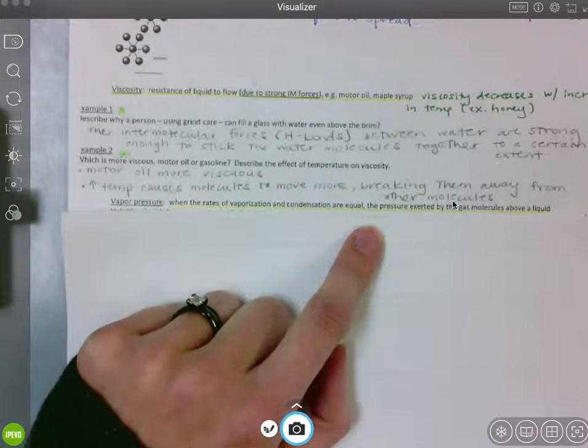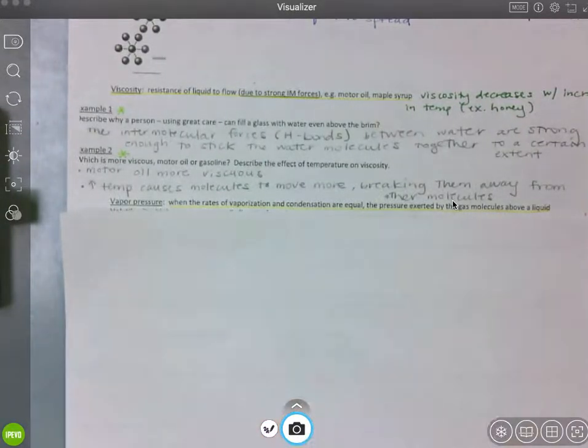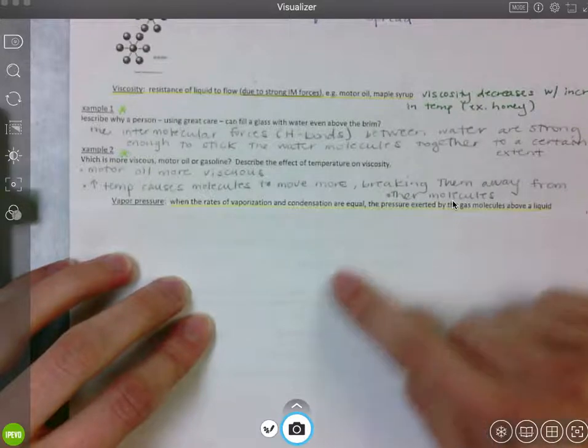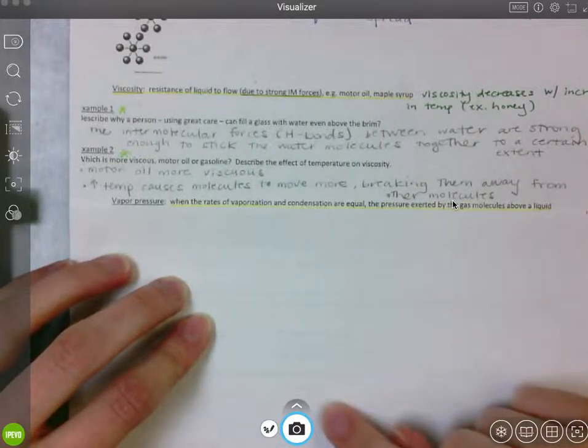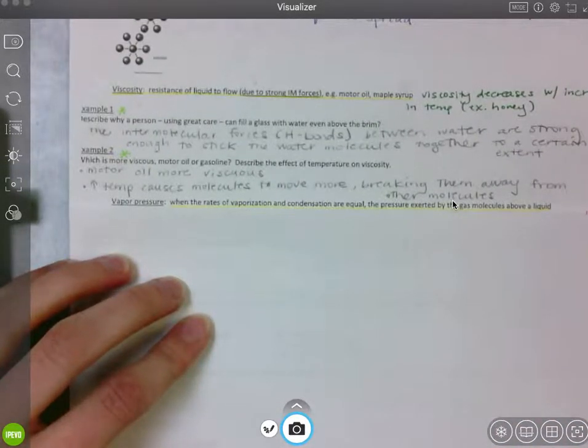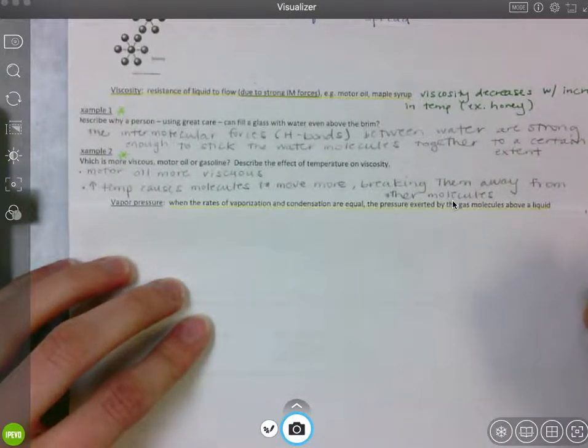So water, as we know, evaporates. So those liquid molecules are evaporating, and eventually when we get too many liquid vapor molecules above our liquid, those gas molecules are going to stick together, which means they're going to change back into the liquid phase. So there's just this constant cycle of liquid to gas that's happening in a closed container with a liquid